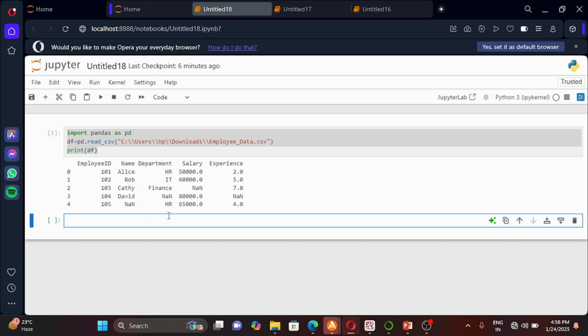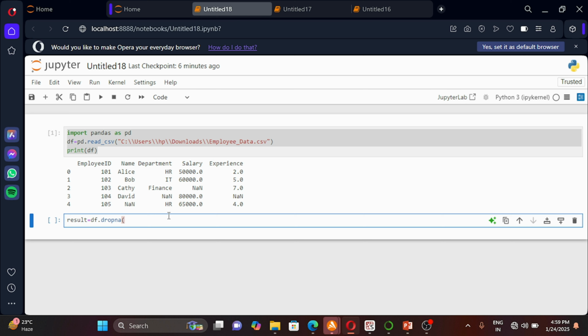Now I'm going to show you the practical implementation of inplace equal to True and inplace equal to False. First, let's get started with inplace equal to False, right? I'm going to create a new variable, result, equal to df.dropna. dropna is a feature in pandas which is used to handle missing values.